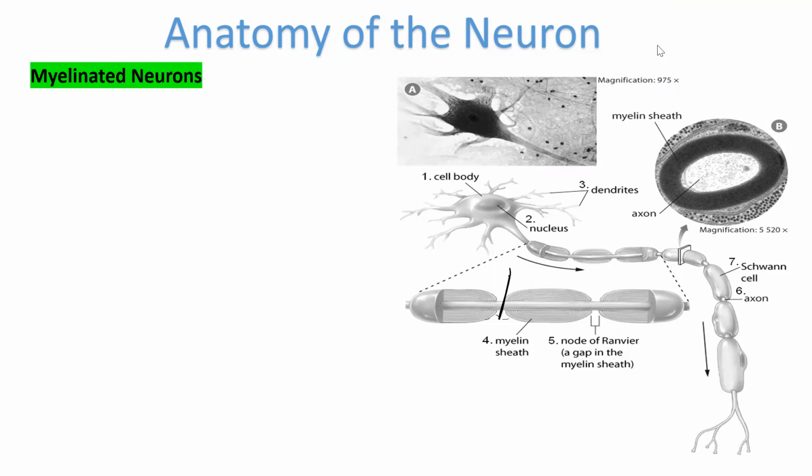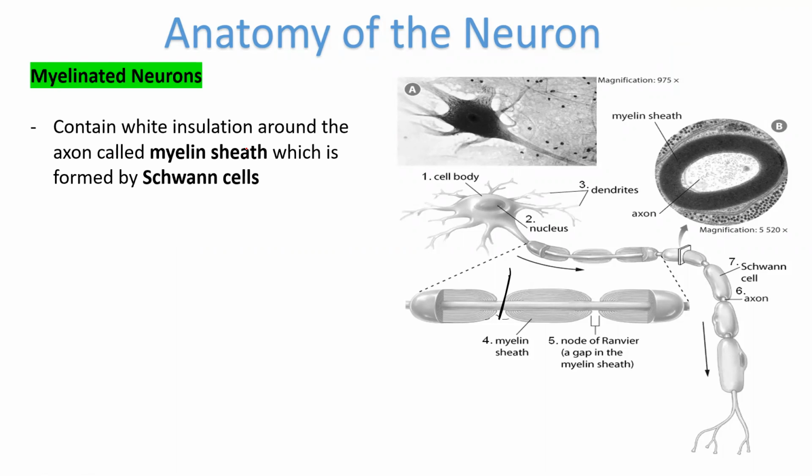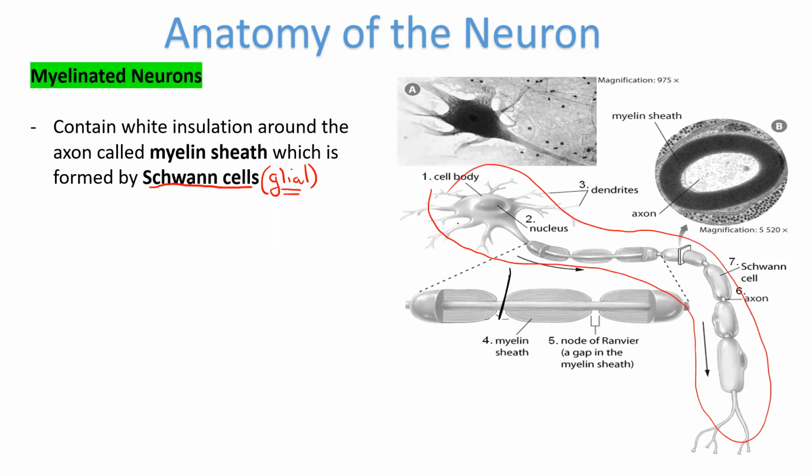Myelinated neurons are neurons where Schwann cells, which I said in the last tutorial is the one glial cell I want you to know. Glial cells are nerve cells that support neurons, which are here. This is the neuron. And supporting the neuron would be glial cells like Schwann cells. And the Schwann cell, if we can find it here, number 7,